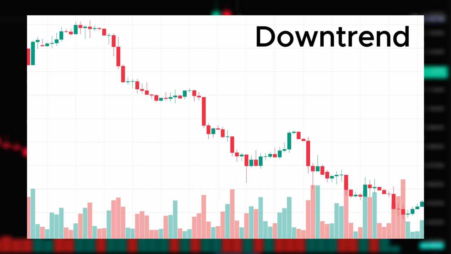In the ideal situation, in the pullbacks, when the price is moving against the overall trend, we must see lower volume, and when the price turns back in the direction of the trend, there should be higher volume. Having a situation like this shows that the trend is strong and there is a higher probability for the continuation